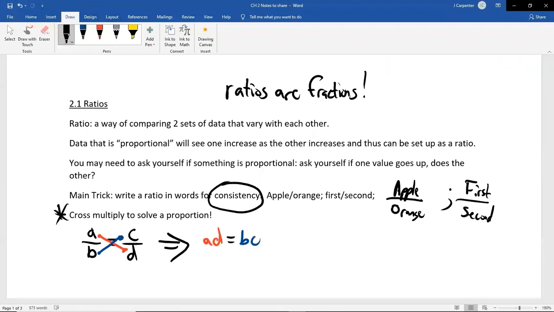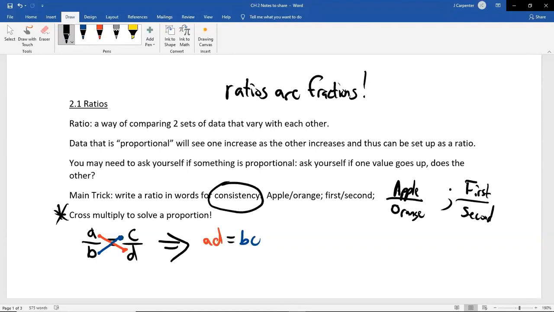That's how you solve a proportion. You cross multiply, top left times bottom right, set it equal to bottom left times top right. If you swap the A and the D, nobody cares. If you swap the B and the C, nobody cares. It is this idea right here